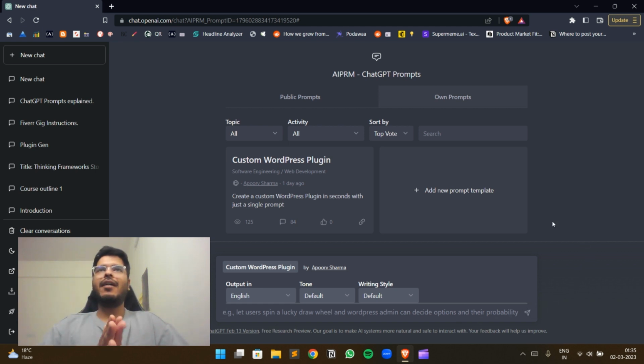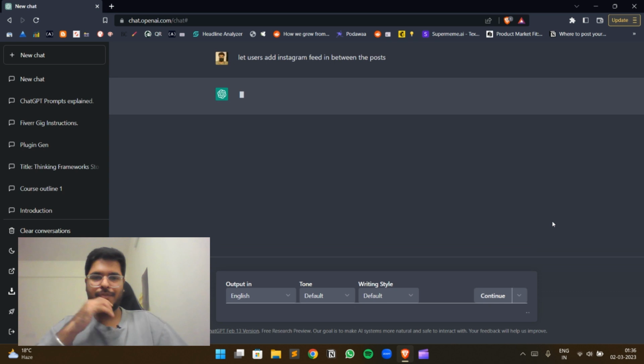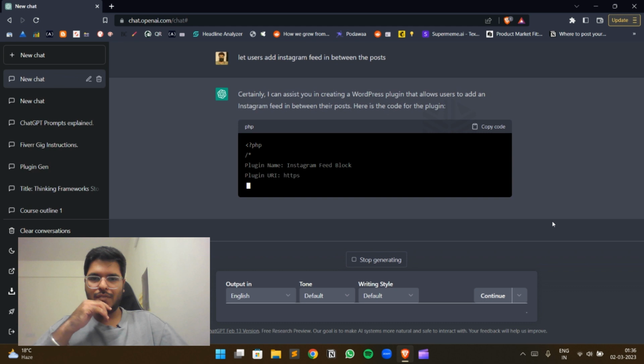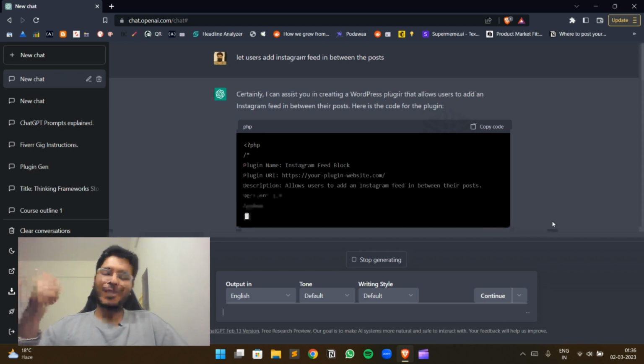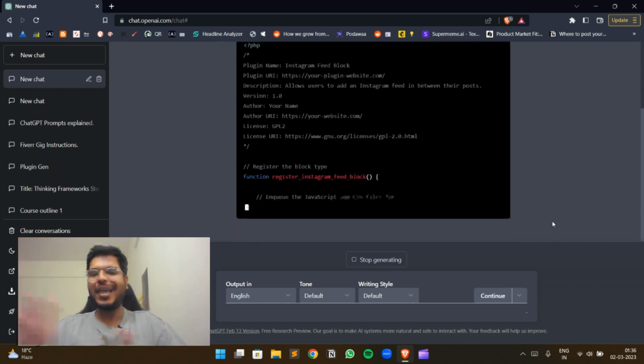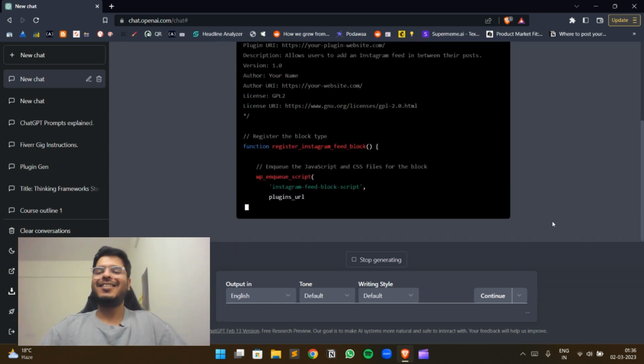So, for example, let's say I write: make, let users add Instagram feed in between posts. Let's see if it works. Ta-da! So we have got the code for the plugin. We just have to install this code to the WordPress website, and done. That's it. This is that easy.